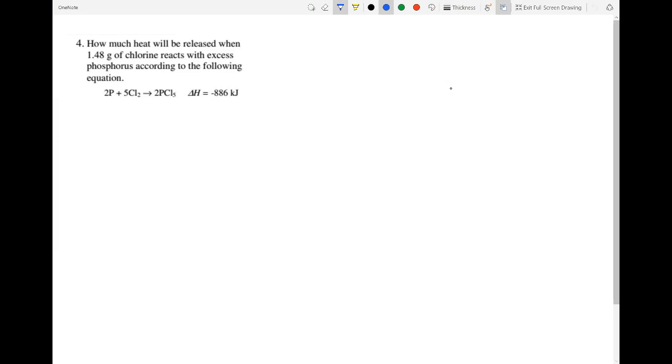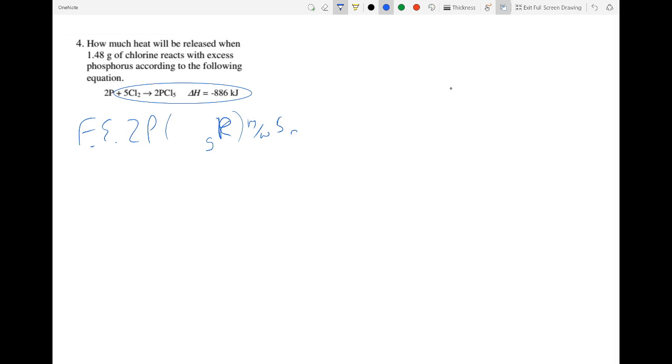Okay, it says how much heat will be released when 1.48 grams of chlorine reacts with excess phosphorus according to the following equation. So we know from this that for every 2 moles of phosphorus, mixed with 5 moles of chlorine, which is 71 times 5, 355 grams of chlorine,